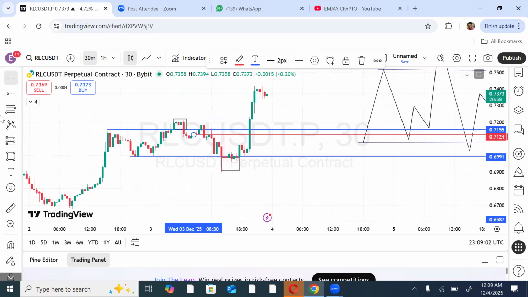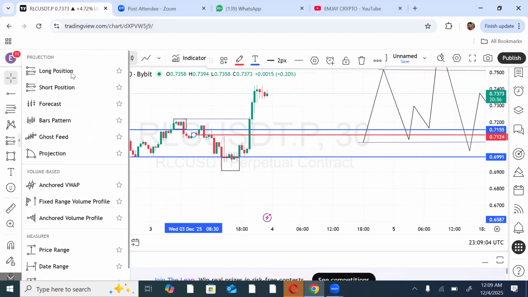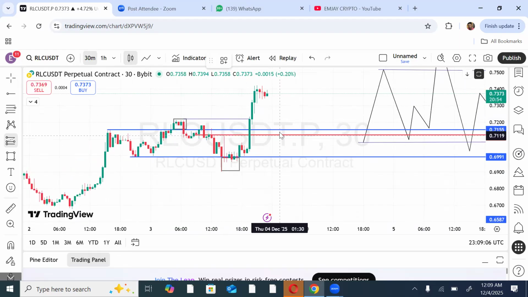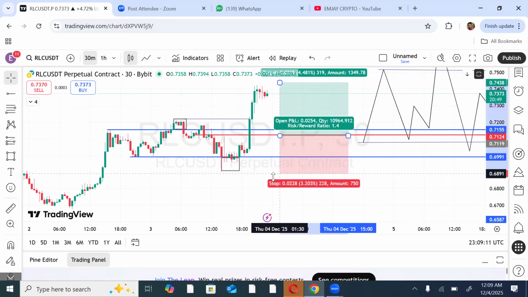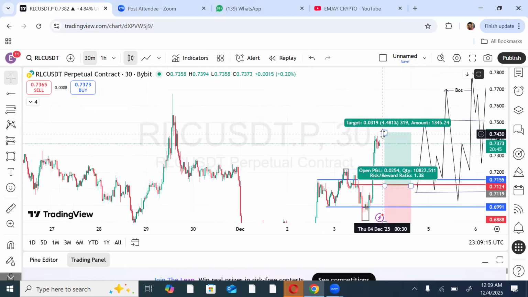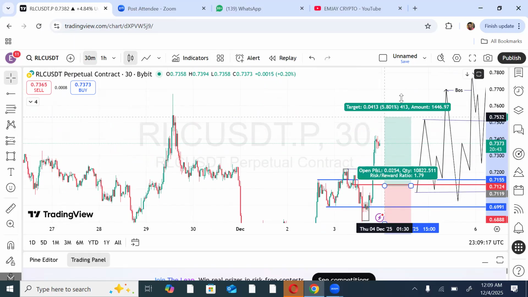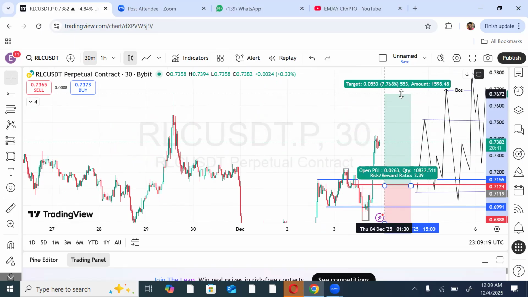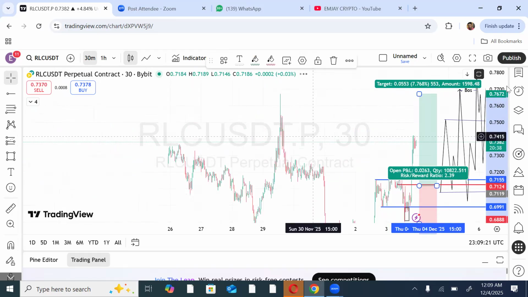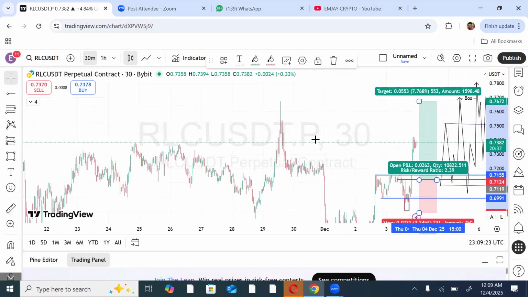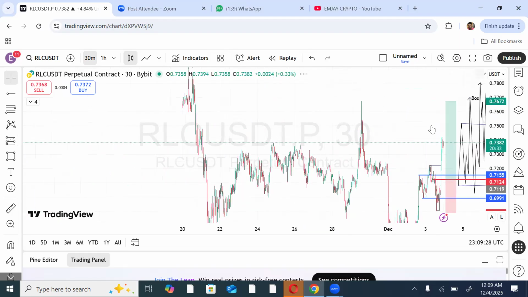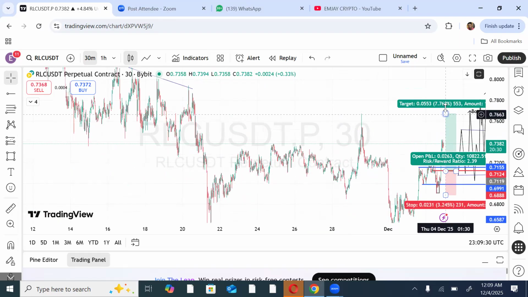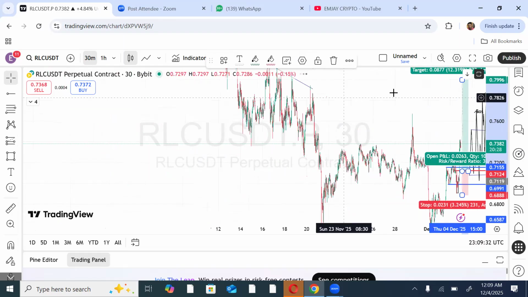So when price gets here, I'm anticipating a buy from here. Put my stop loss right below the very lows. And guess where I'm going to target? First TP will be here. That's about 2.5, 2.4 rather. First TP will be this high. It's going to sweep this high completely. And it will now go straight into